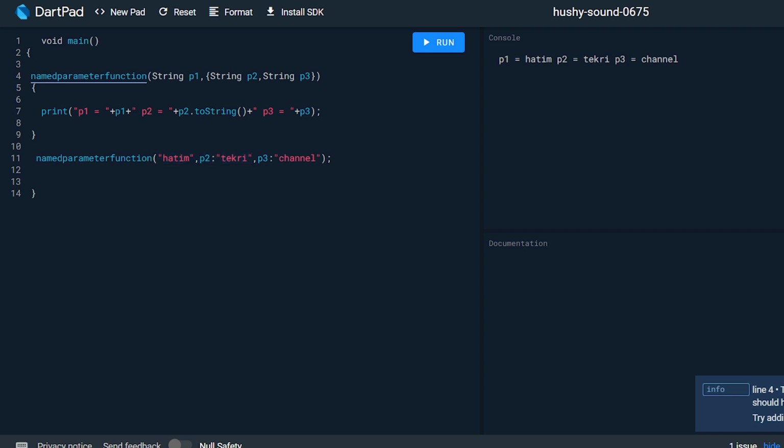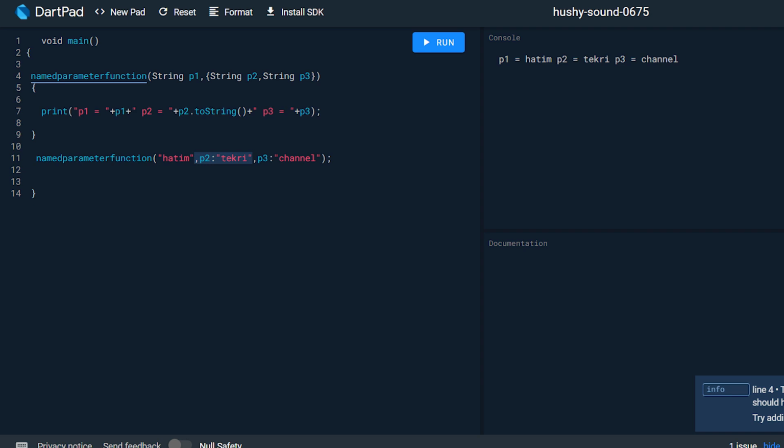But if we create the parameters as optional named parameters, the sequence is not compulsory. We can also pass p2 colon Tekri after p3 colon channel.